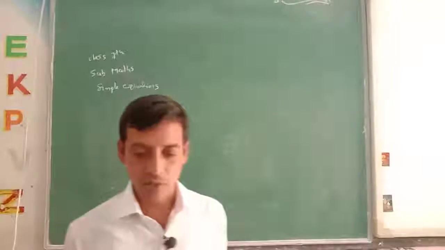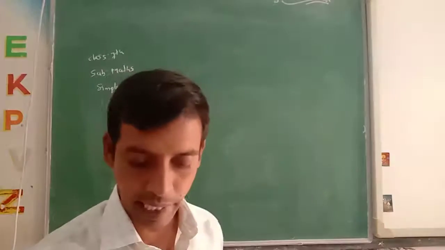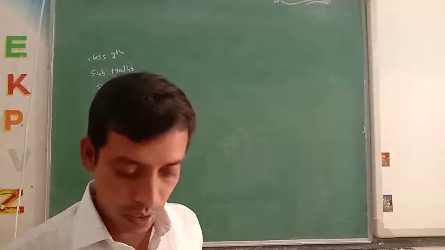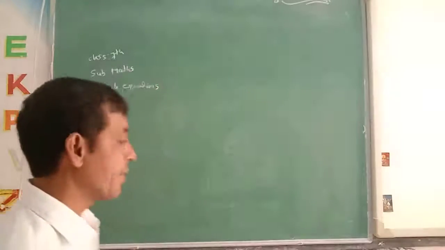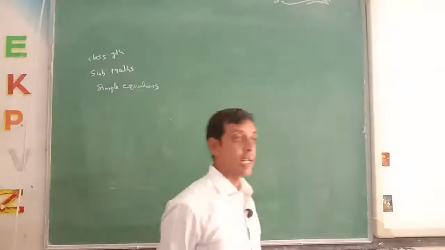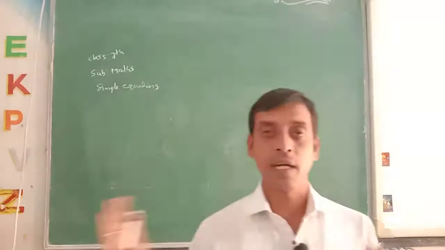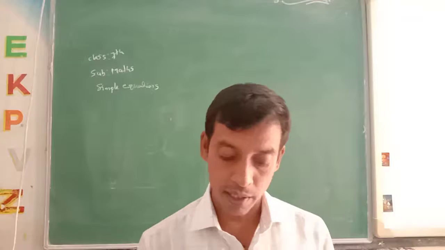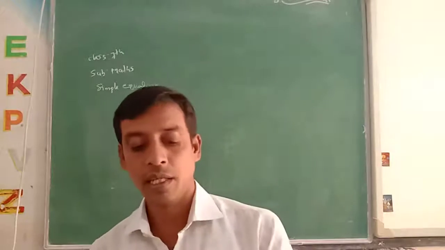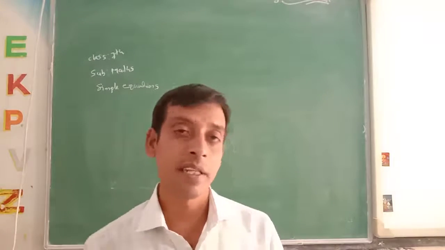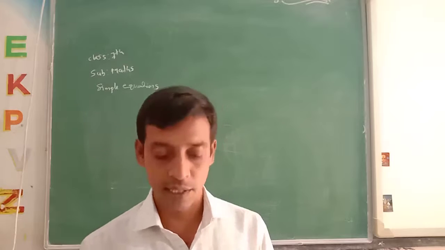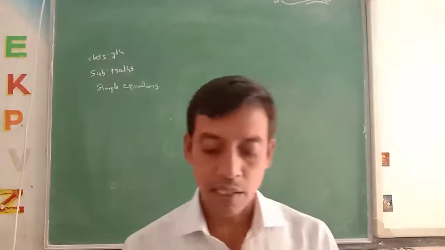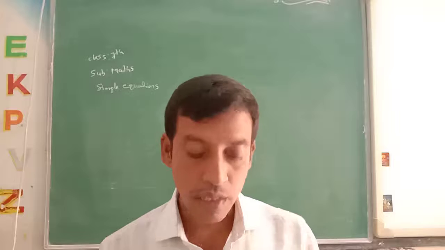My dear 7th class students, today we are going to discuss simple equations. Equations means we have a left side and a right side. The LHS and RHS parts make an equation. We already covered LHS and RHS in the 6th class. Let us recall the simple equations of the 3rd chapter.